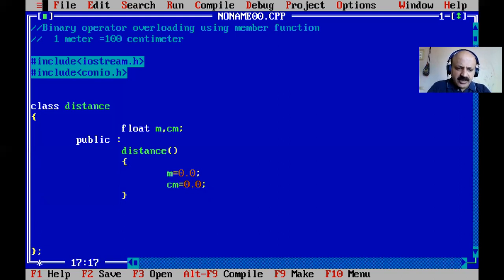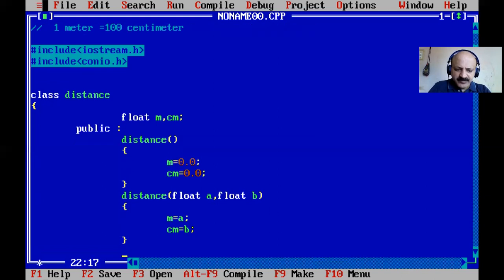Then Distance takes a two-parameterized constructor, float a and float b. We initialize our meter and centimeter, a for meter and b for centimeter, passed to the two-parameterized constructor.